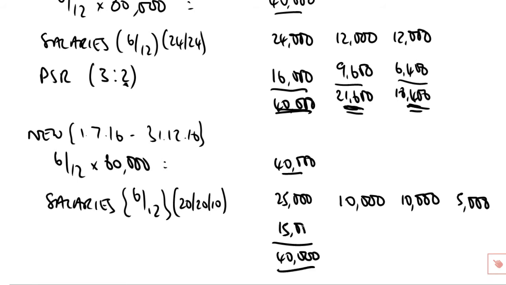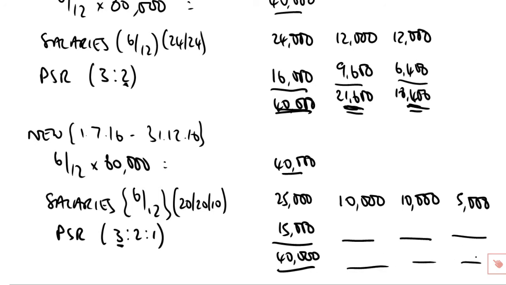That leaves £15,000 to be split in what is now the new profit sharing ratio of 3 to 2 to 1. Well, as we've just seen, what's the PSR? 3, 2, 1. Add up 3 plus 2 plus 1, that is 6. So 3/6 of 15,000 will be allocated to A, 2/6 to V, 1/6 to FC,